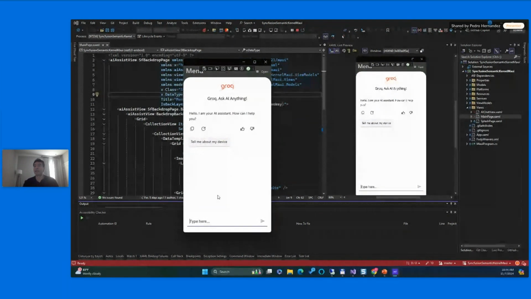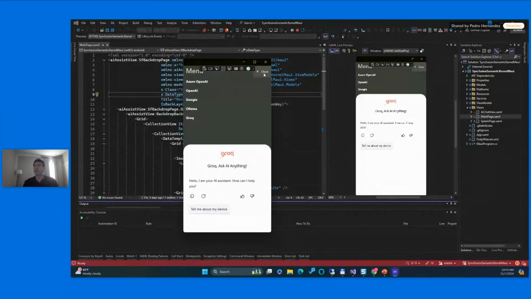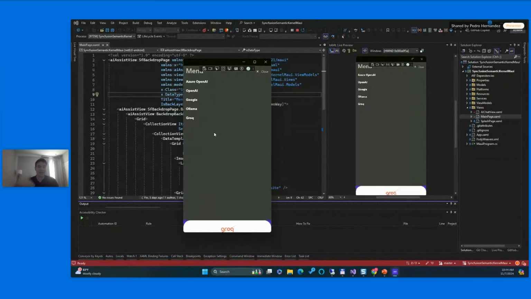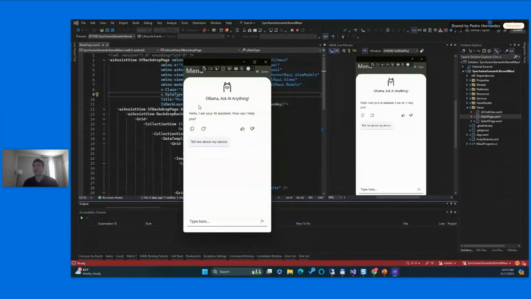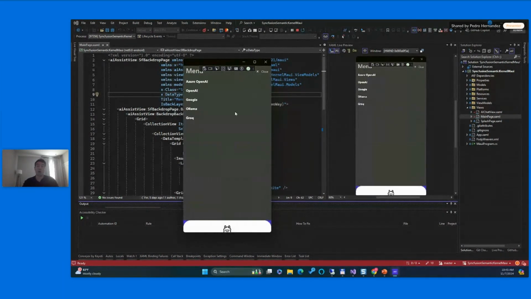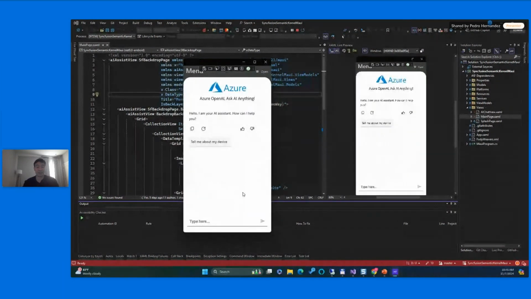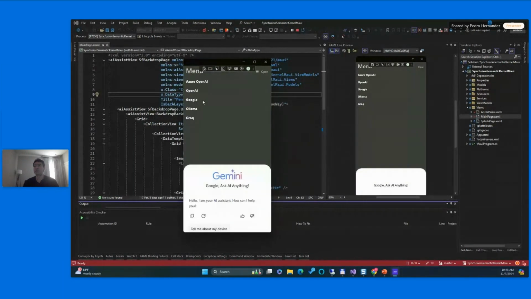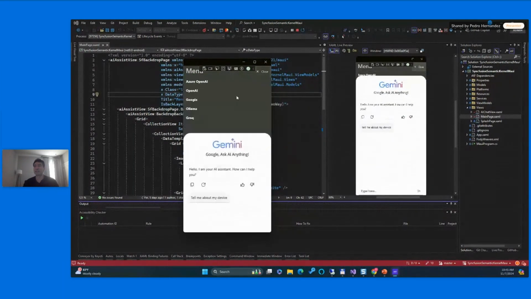Backdrop lets you put a screen in front, and if you click here, you have a screen behind. I think you have seen a lot of applications with this. So we try to show you that we can have all the services in just one application and just change the service